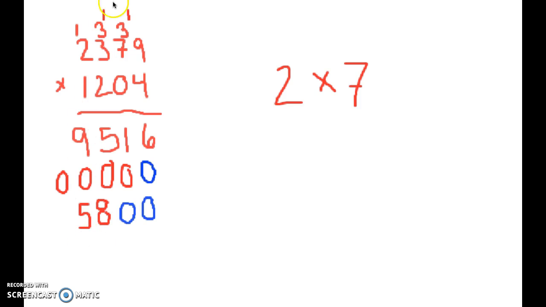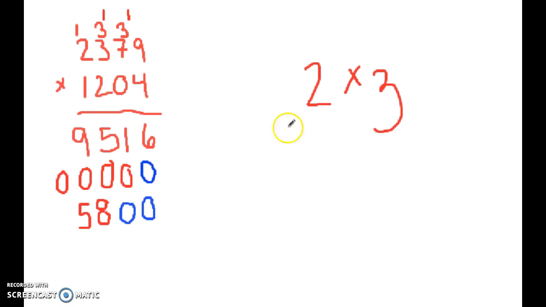place, and carry the 1 up, so when we multiply our 2 times 3, we can add it to be in the 10,000s place, because it's really 200 times 300. So now we have 2 times 3, which if we memorize our multiplication facts, we'll know is 6. But remember, we have to add our 1, and so it's really 7. We drop